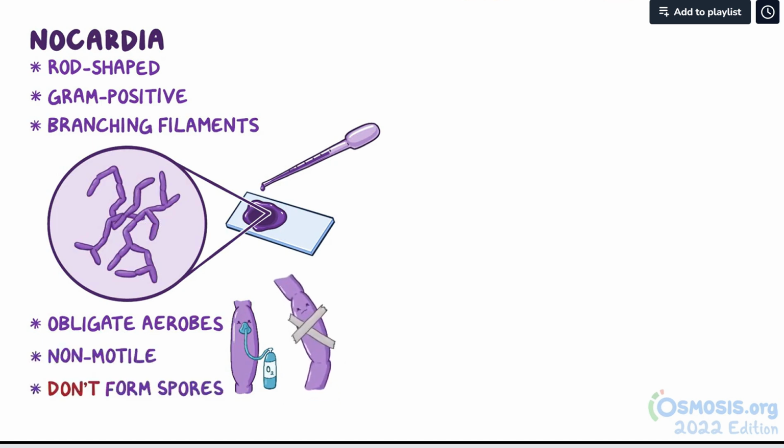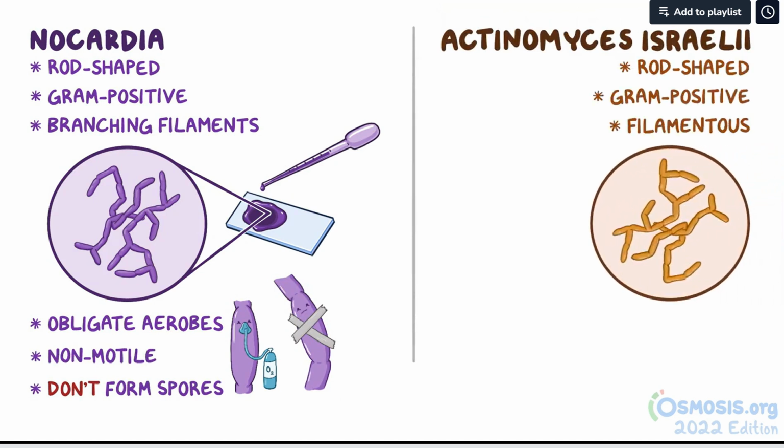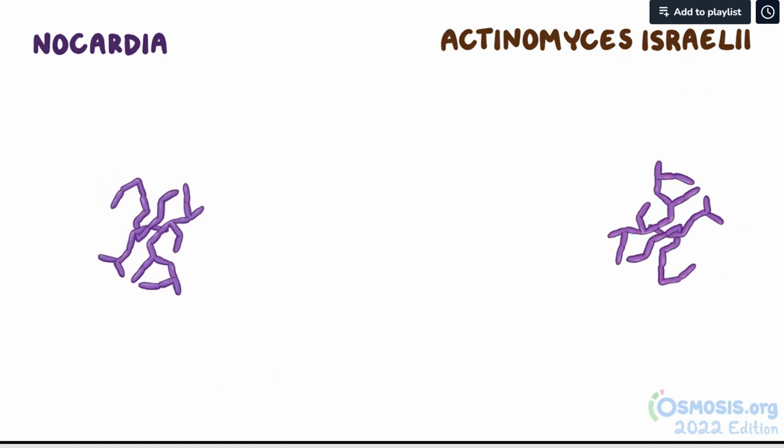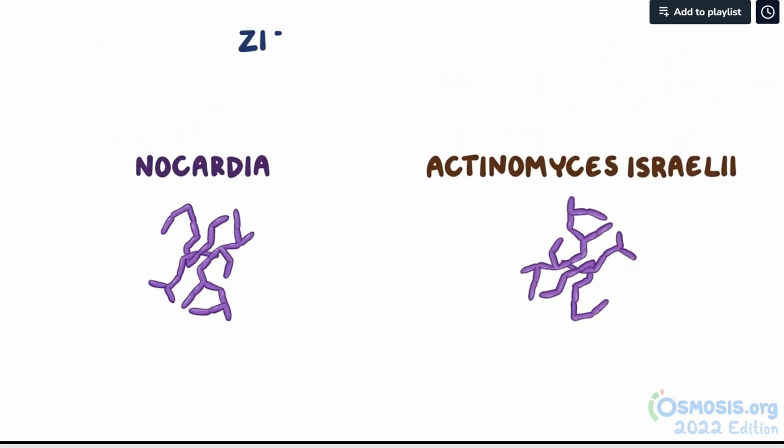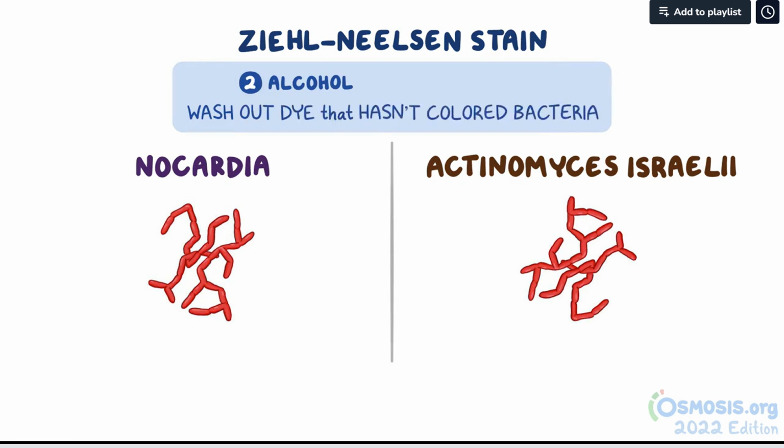Wait a minute. That sounds suspiciously like Actinomyces israelii, doesn't it? Another group of rod shaped gram positive filamentous bacteria with a lot of other similar features. So, to distinguish them, an acid fast stain, also called Ziehl-Neelsen stain, is done. With this test, a red dye called carbol fuchsin binds to lipids in the cell wall, coloring them red. Then, alcohol is applied to wash out any dye that hasn't colored bacteria, and a second dye, methylene blue, is